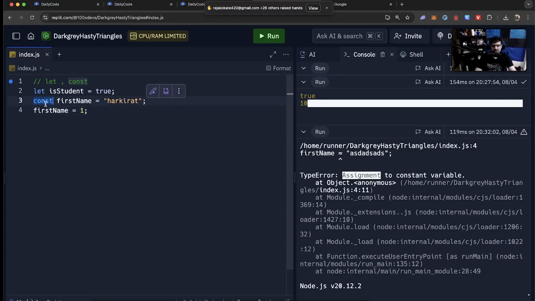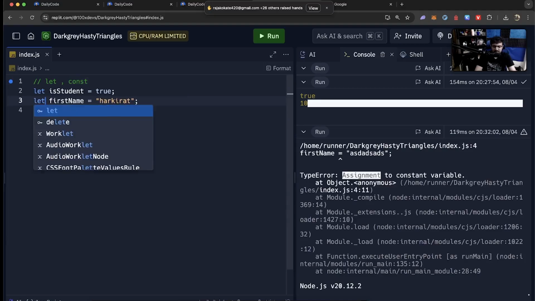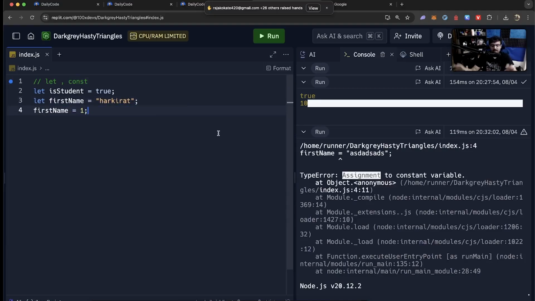So const is used when you know something's value shouldn't be changed. Do you really need it? No, if I replace this with let, nothing changes in my life. It is just a way to make your code stricter. I repeat, if you add const over here and you ever try to change it, the program itself will stop executing. It is a good thing for it to stop executing if you have ever changed something whose value should not be changed.